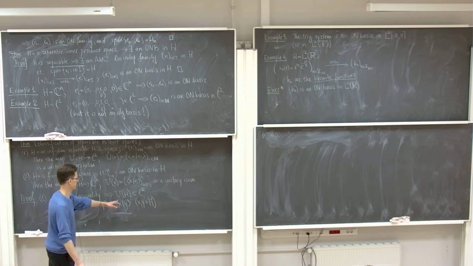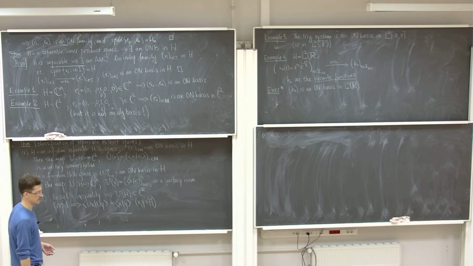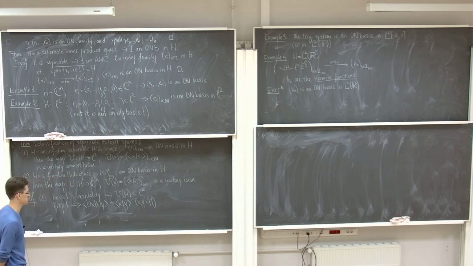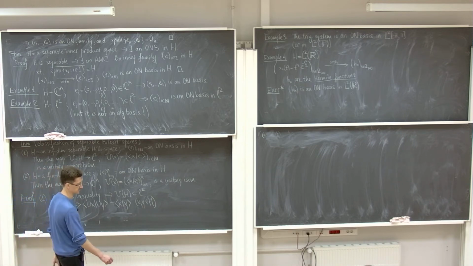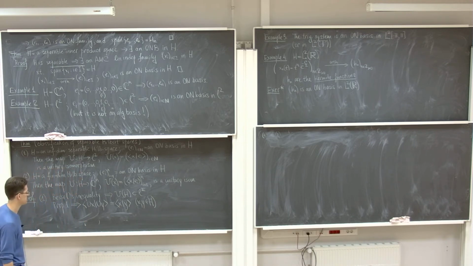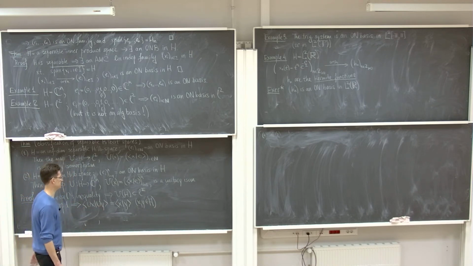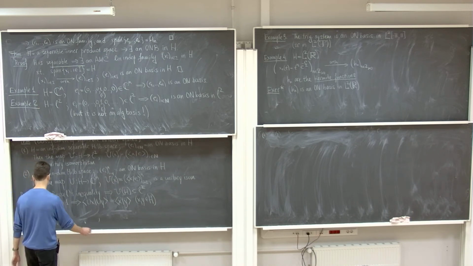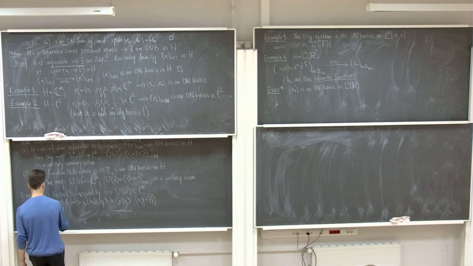So the inner product of X and Y, if Ci are the Fourier coefficients of X and Di are the Fourier coefficients of Y, then the inner product of X and Y equals the corresponding sum, Ci multiplied by Di complex conjugate. That is the inner product of Ux and Uy in L2. So to show that U is a unitary isomorphism, we now have to show that U is surjective.